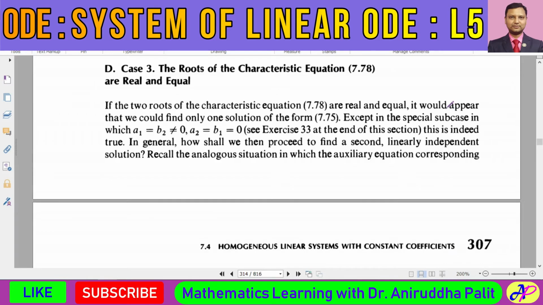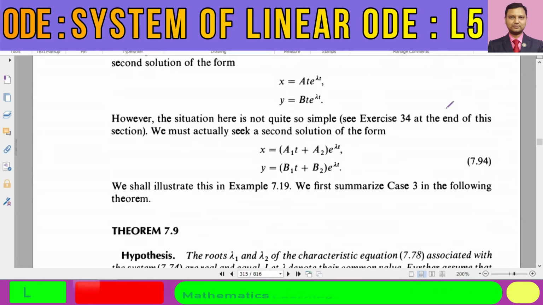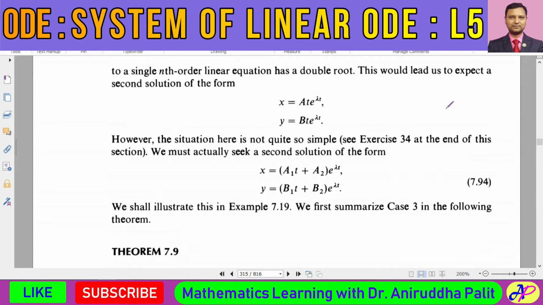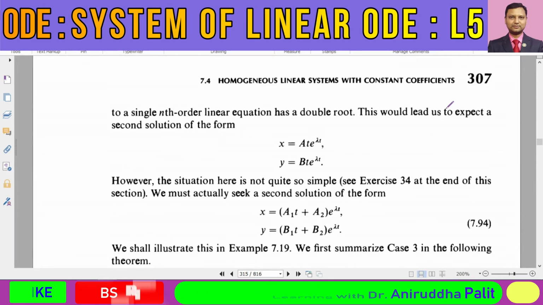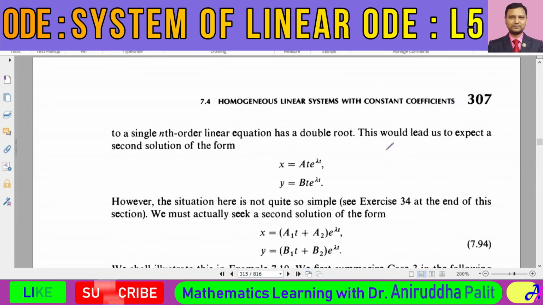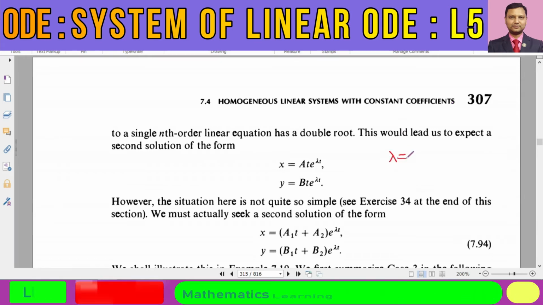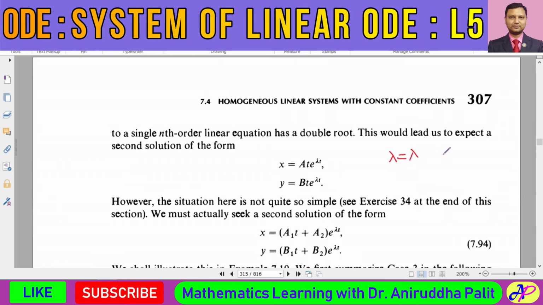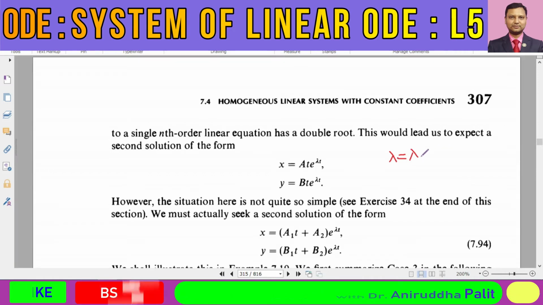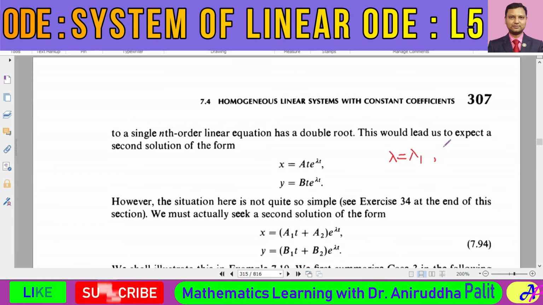And how can we find the solution? You see, whenever lambda is equal to lambda 1 or lambda 2, when lambda 1 and lambda 2 are equal,